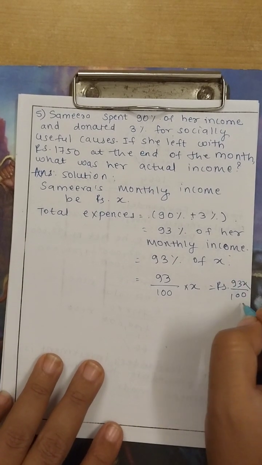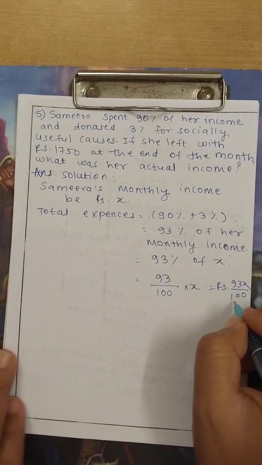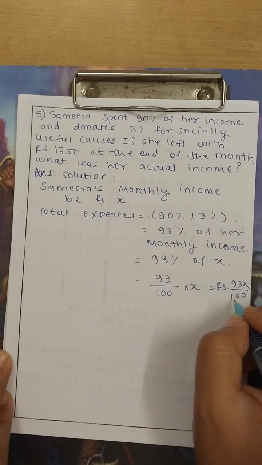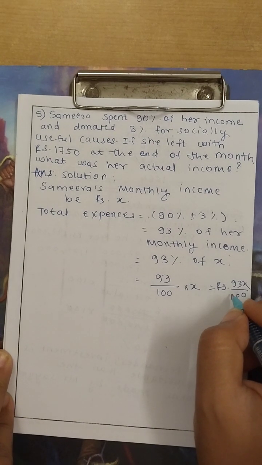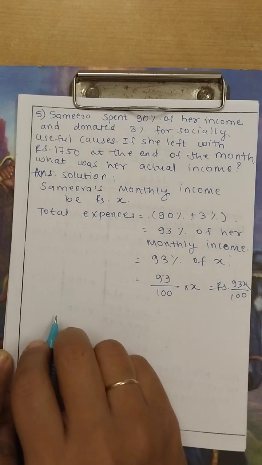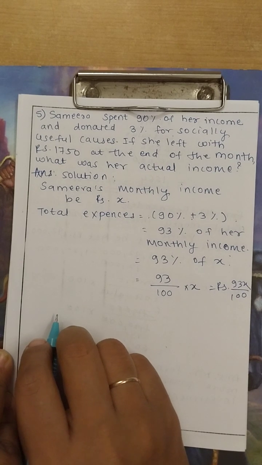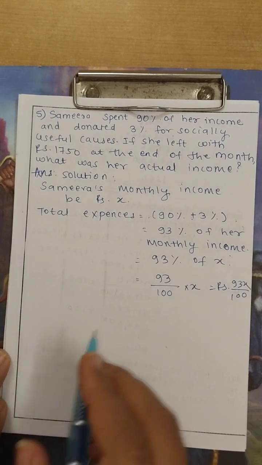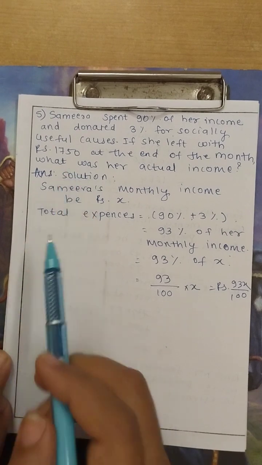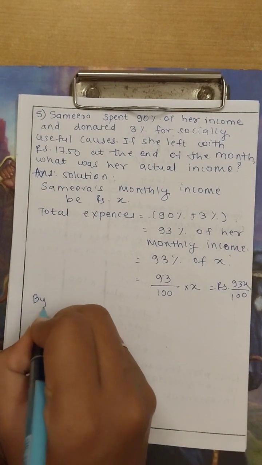This is her monthly expenses. Now we have to find out the monthly income, and the remaining amount given at the end of the month is 1750. So by formula